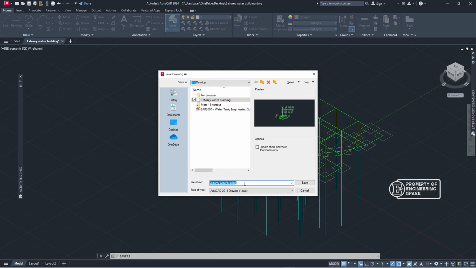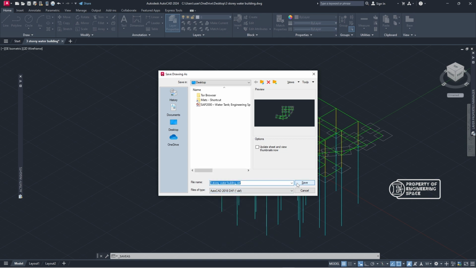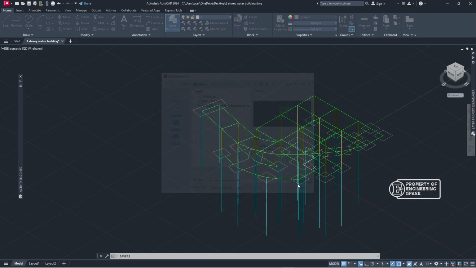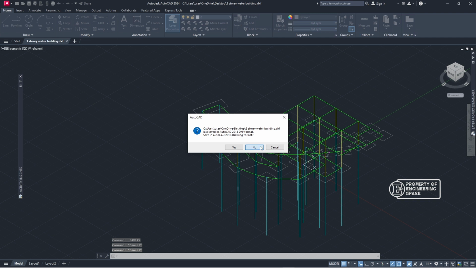Here I have the AutoCAD drawing file, but we want to save it as DXF, so let's choose DXF here and press save. As prompted on the window, the file is already saved as a DXF file. So all we need now is to close this one, say no,